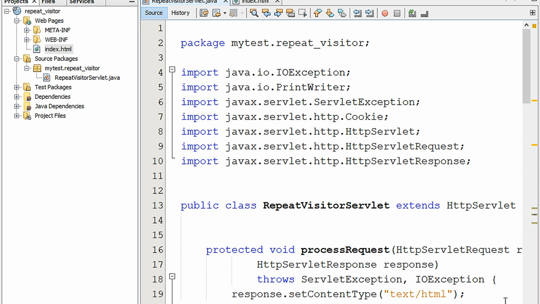A cookie is a text which is stored on the client's hard disk. When a client makes a request through a browser to an application, this cookie text information is sent across with the request to the server.